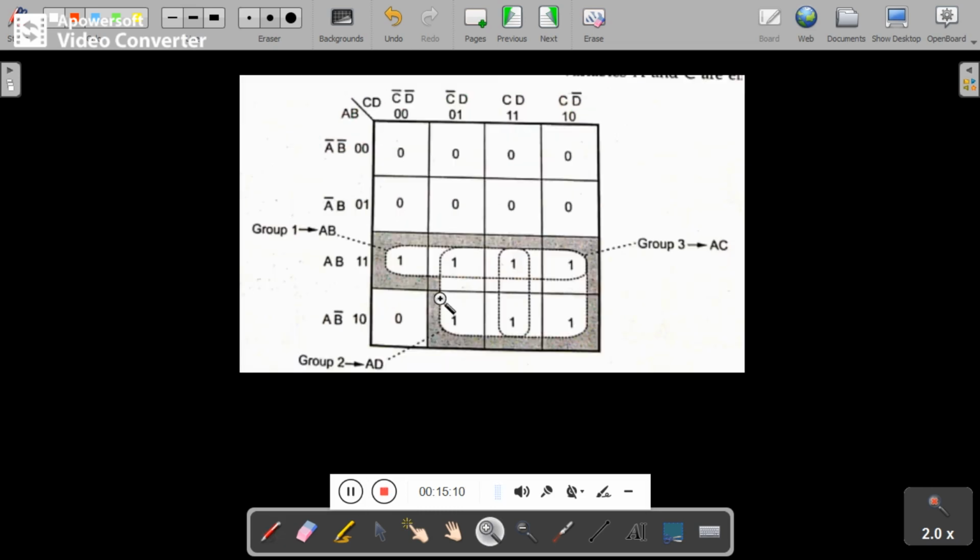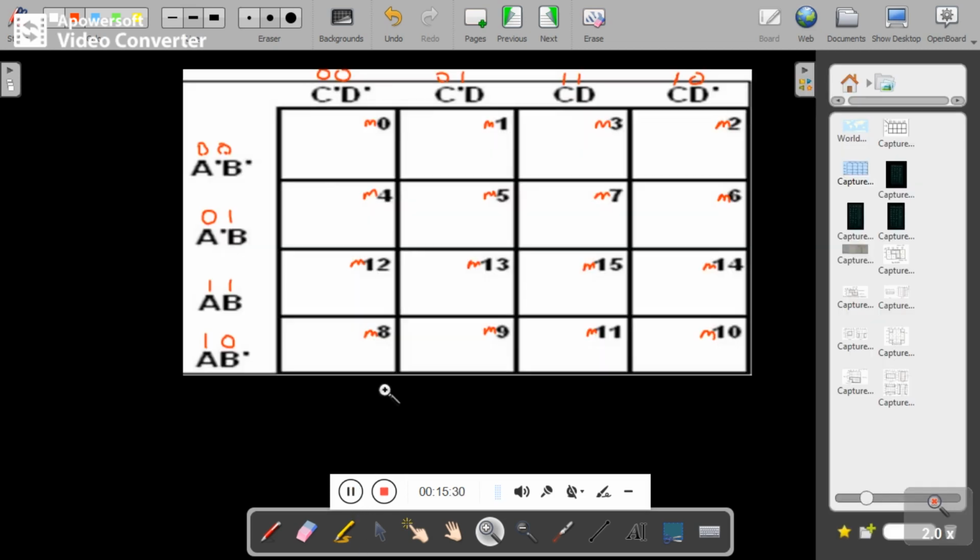So now students will see one more problem here. You can see this is the representation of SOP terms in K-map. That is the 4 variable K-map. So here we can make a 3 group. How can we make 3 groups in this case? We will try to solve this one. So this is the representation of 4 variable map. So let me write the min terms we saw in the last slide.